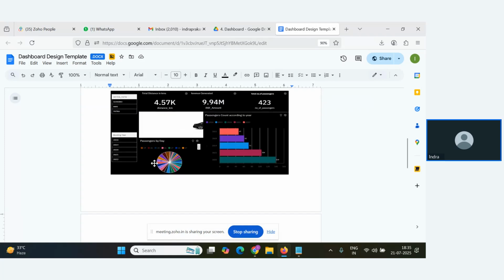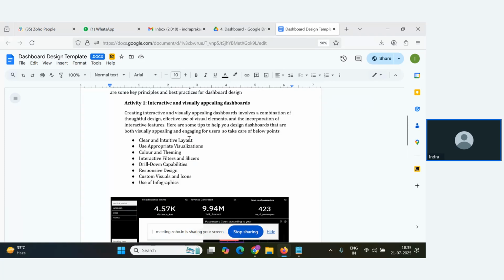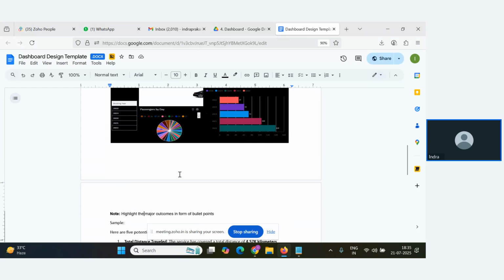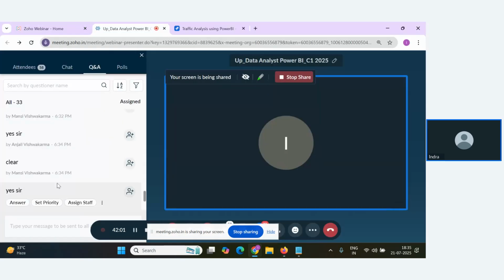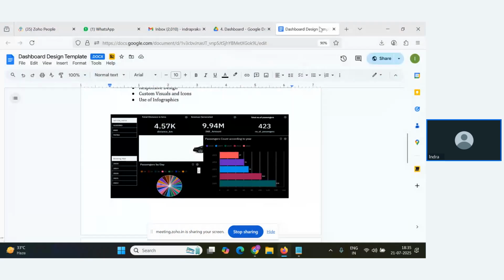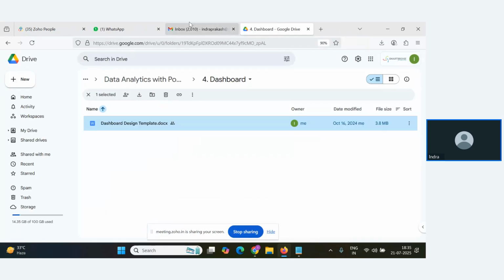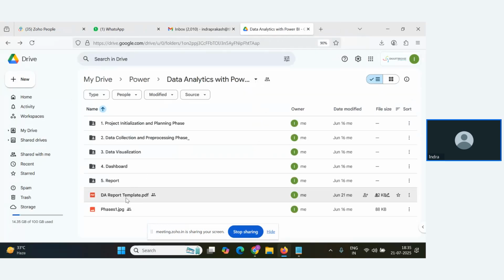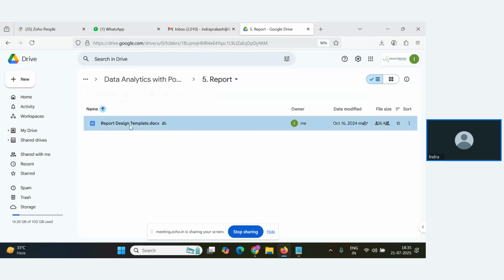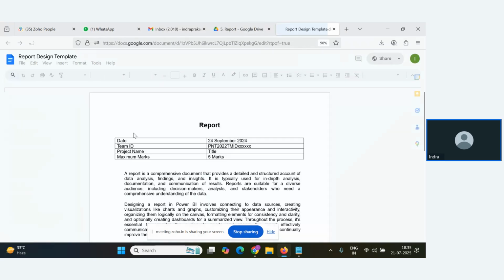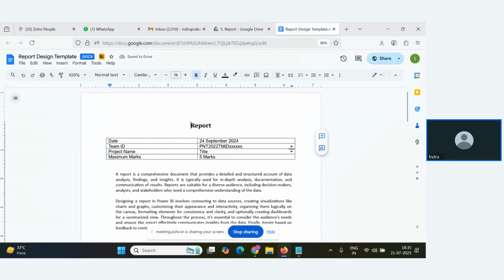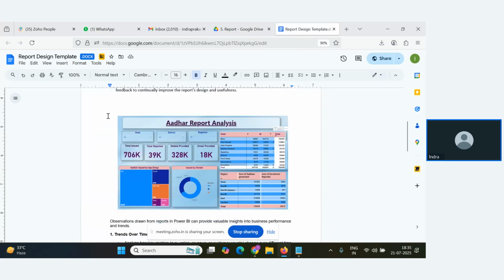Clear? It's very simple. You have to create a dashboard, paste the screenshot of the dashboard, and attach the major outcome of the dashboard here. Okay, this is dashboard design. In a similar way, we also have something called report template. Again, you'll be providing the basic details, and let's say this is a screenshot of